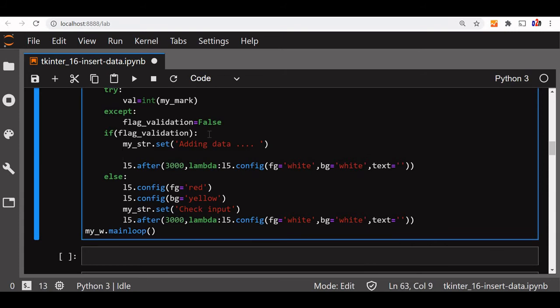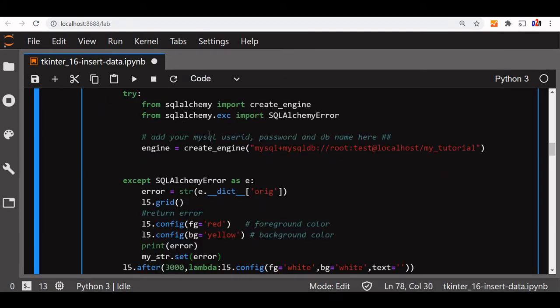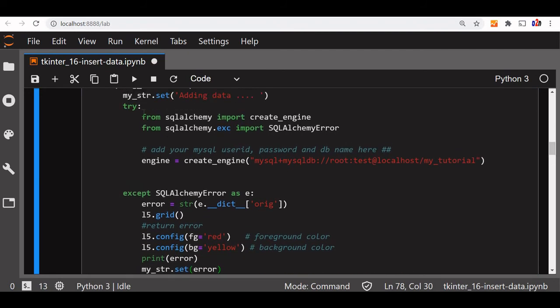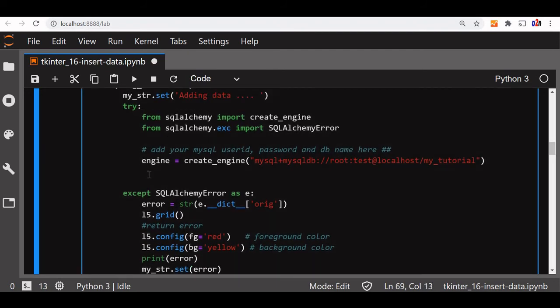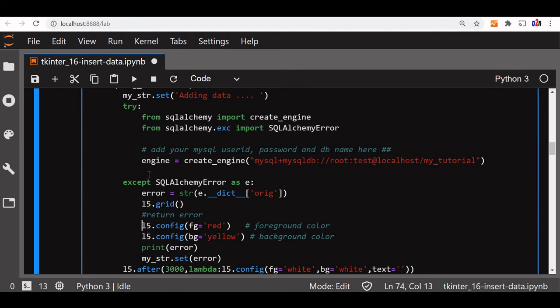Now we have just copied a template whatever we have used earlier in our previous videos, how to connect to MySQL database and how to add the data. All this stuff we have already discussed. That template we kept in a try except block, so the error message from the MySQL database we can capture and display it. That part I am just pasting here. You can see it's not a very big line of code. Here it is. From here it starts. I will just delete this part to bring it up there, and it comes here, ends here. I have to match the indenting with this here. So this is this part.